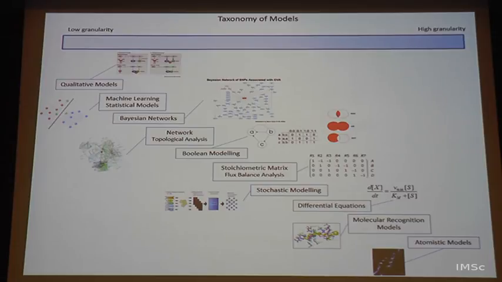Then as you go up in this ladder, we have differential equations where you are not actually looking at individual atoms or individual molecules, but you are modeling a whole. Obviously, differential equations can go at any level, but if you are looking at, for example, biochemical reactions, enzyme A catalyzing a reaction of A to B and so on and so forth, you could easily model them here if some parameters are available. I will go through some examples as we go along.